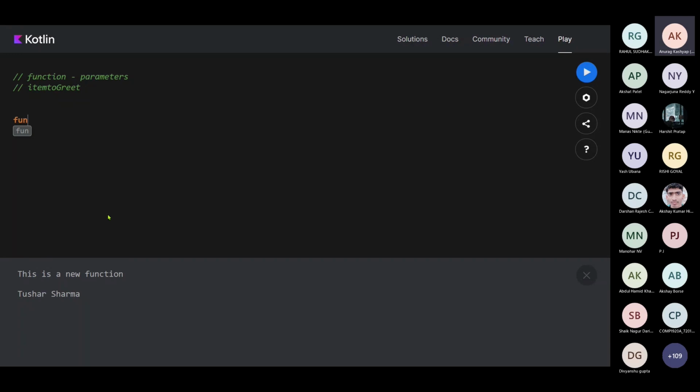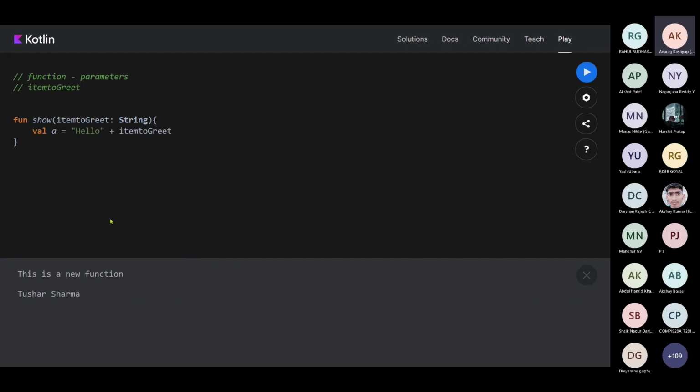Okay, so I'll just write a function show item to greet. Let's assume that item to greet is a string. I'll write a variable a, for example, equal to hello plus item to greet.